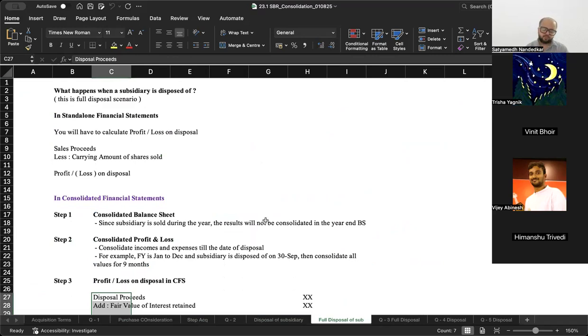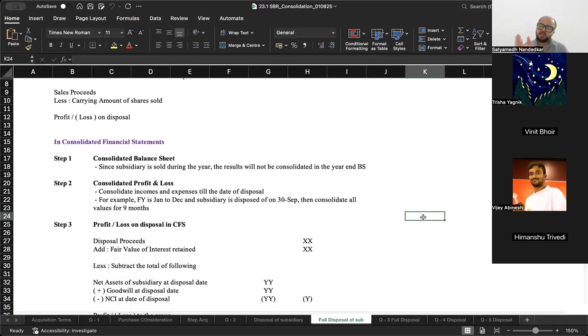In the standalone financial statements of the investor, that is the holding company, the profit or loss on disposal will be calculated as sale proceeds minus carrying amount of shares sold, like any other situation. In consolidated financial statements, because the subsidiary is sold during the year, you have nothing left at the end of the year to consolidate. So in the balance sheet you will not have any other adjustment. In consolidated P&L,